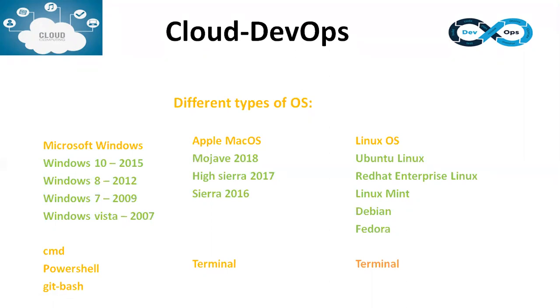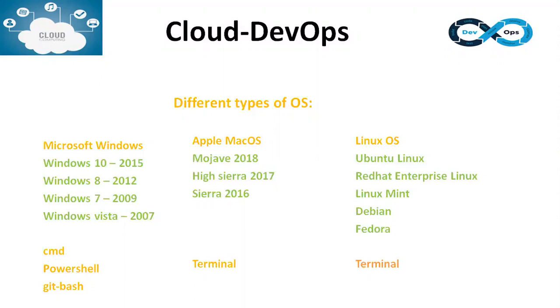Vista was very slow. We went to Windows 7, and then went to Windows 8, and we found Windows 8 is not good, so we went to Windows 10. These are all things that are happening. Still, many people are using Windows 7 because of their comfort and all. We can keep that aside.